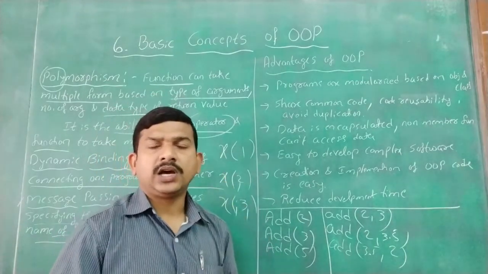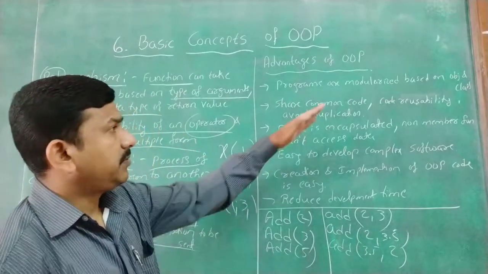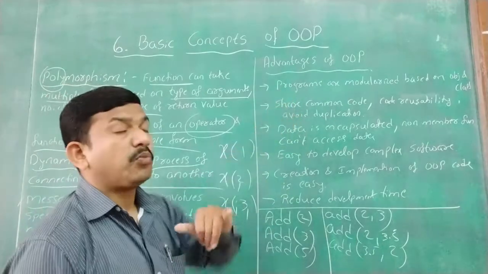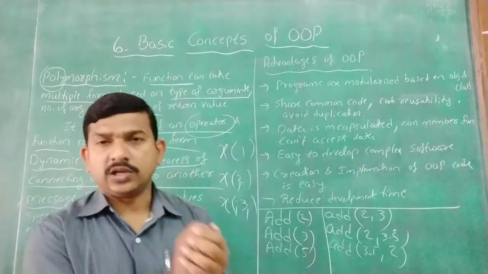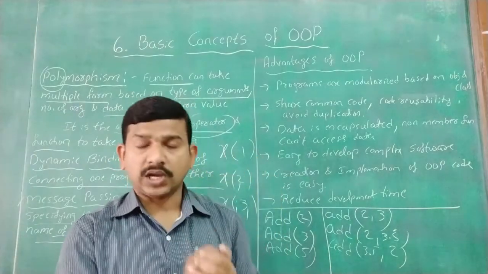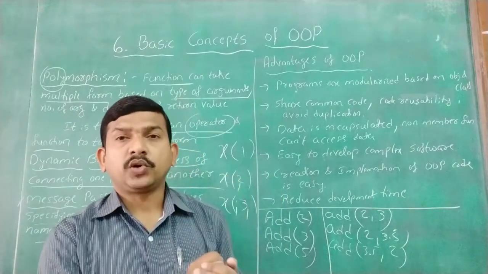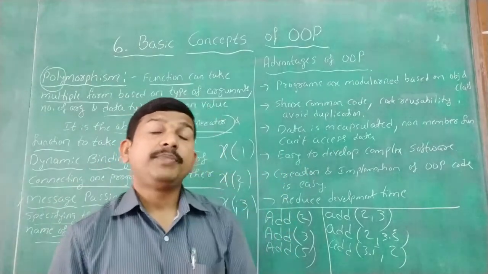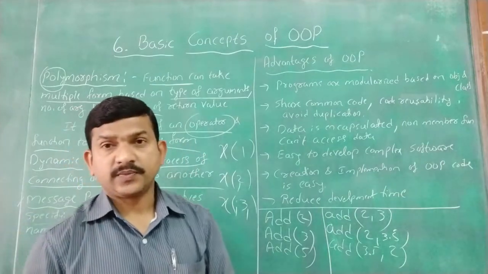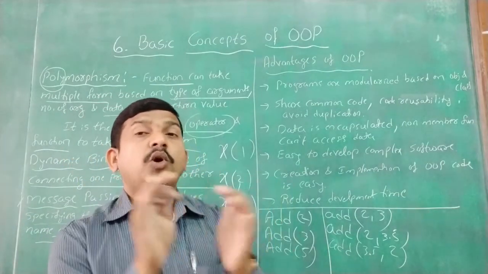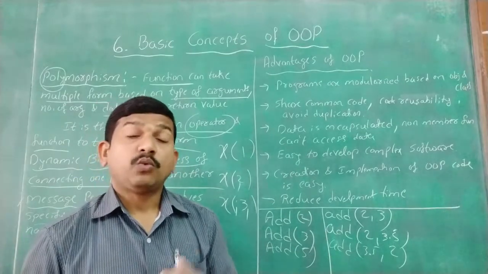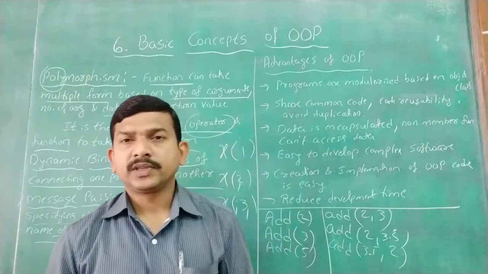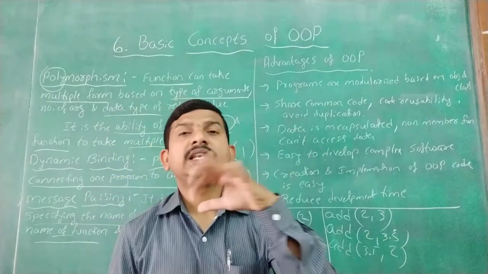So the entire program is divided into small parts based on object and class. Programs are modularized. Modularized means module, so it is similar to a sub program. So the programs are modularized into small parts. How? Based on class and object. With the help of class and object, we modularize the programs. So why are we modularizing? Because we can easily trace. If you get any problem, whatever corrections are needed, I can easily pick it out.